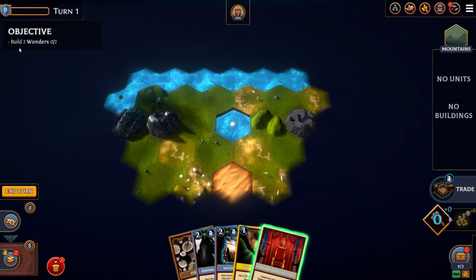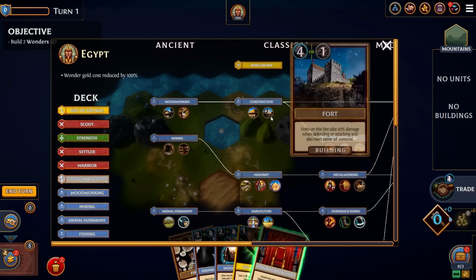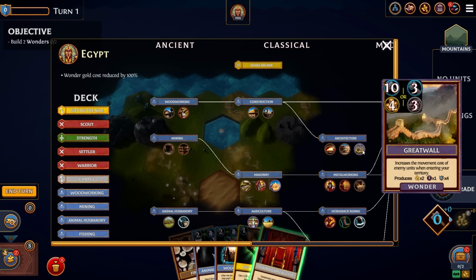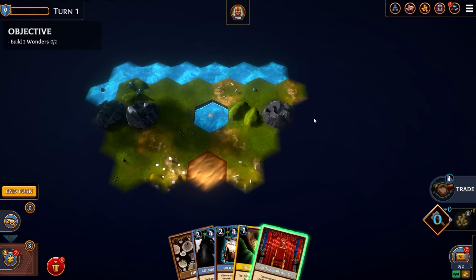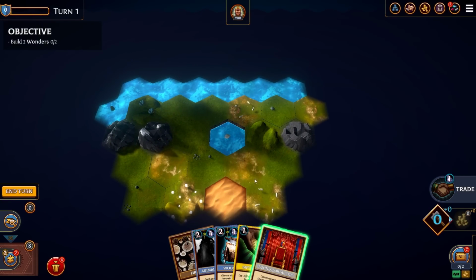But the main thing about Egypt and why we're doing this objective is Egypt does not have to pay any gold for building any wonders. And if you remember, the Great Wall costs 10 hammers and 4 gold. If I was trying to build it with Egypt, it would only cost 10 hammers, or 10 hammers and 3 stone. In these challenges, like building 2 wonders as fast as possible, it's really useful to know tech and where